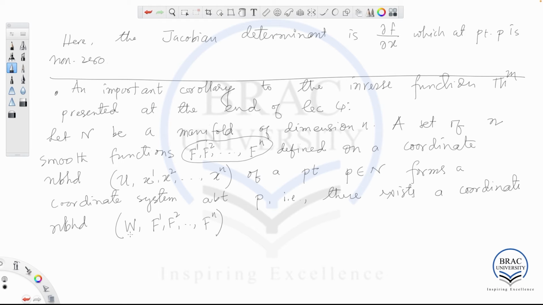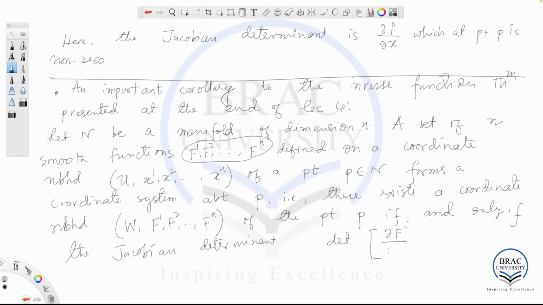Okay, so where W is an open set in the underlying manifold N. So this is a coordinate neighborhood of the point P if and only if the Jacobian determinant of the matrix del Fi by del Xj at the point P